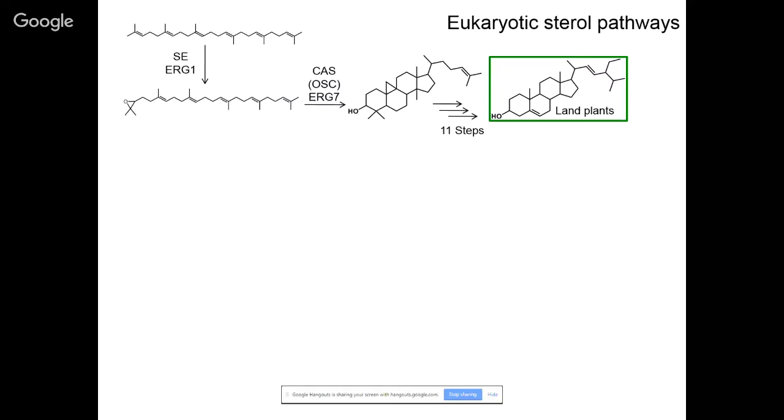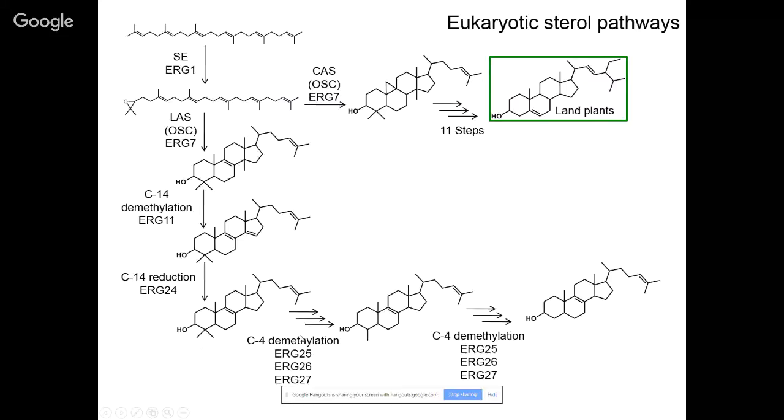So there are three sterol pathways in eukaryotes. What I'm showing you here is how plants synthesize sterols. So they take oxidosqualene cyclase and then make the cycloartenol molecule, and then through subsequent modifications end up making stigmasterol. Vertebrates and fungi have a separate pathway. They cyclize oxidosqualene to lanosterol, and then through a series of demethylations and reductions end up producing zymosterol.